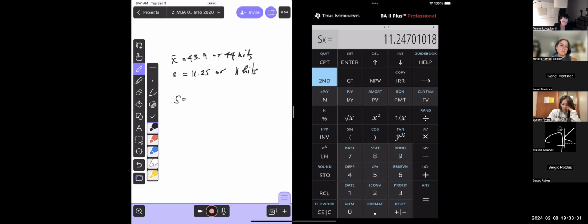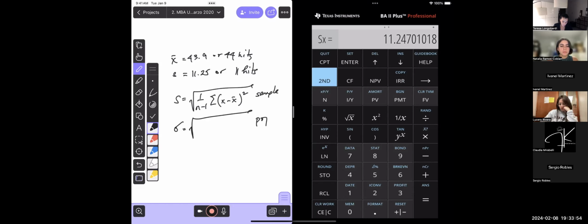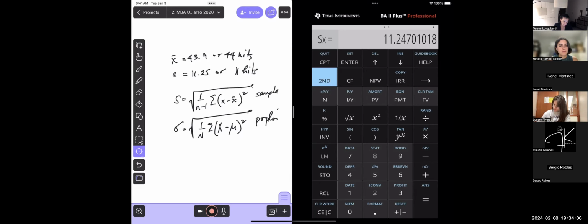Remember, S is the square root of the variance. The variance is the average of the deviations from the mean, squared deviations from the mean. Sigma is for the population. If you had the population data, you would calculate it like this. The symbols look a little bit different, but it's the same pattern. It's like an average, with this summing and this dividing by the total size.